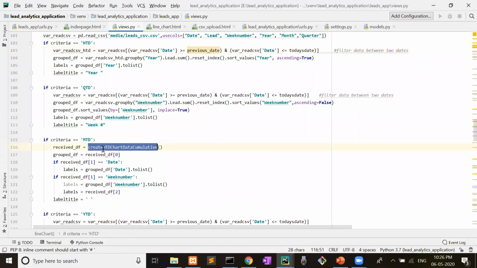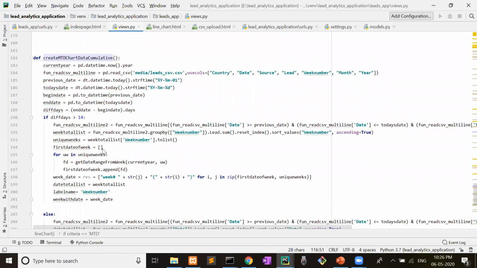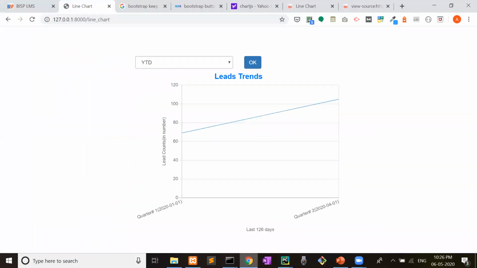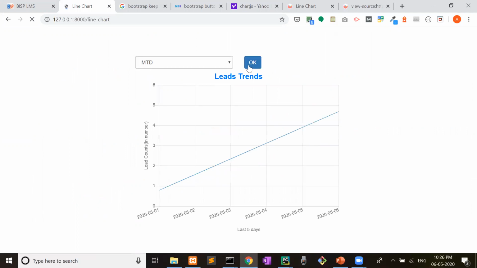Now see here, we have created a method, the create MTD chart data cumulative. Suppose I have selected MTD, and today is the 6th of May.